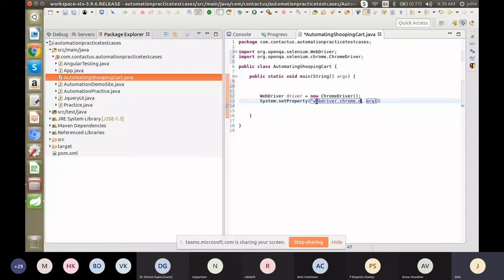In my system, it is located under the user /bin/chromedriver. So we have created one new object and also we have set the property for Chrome driver.